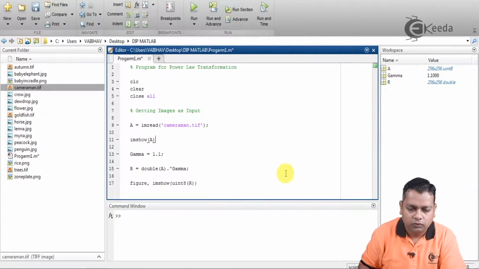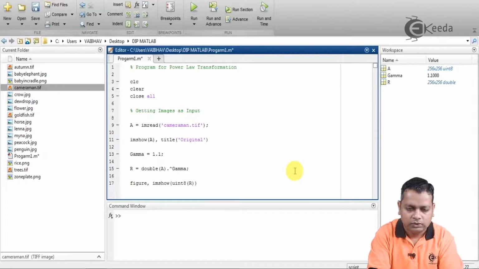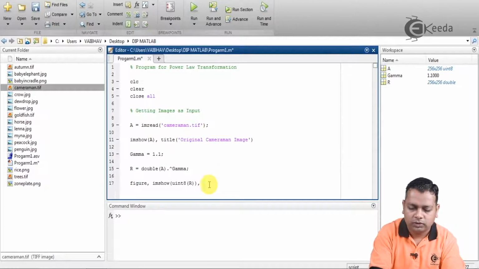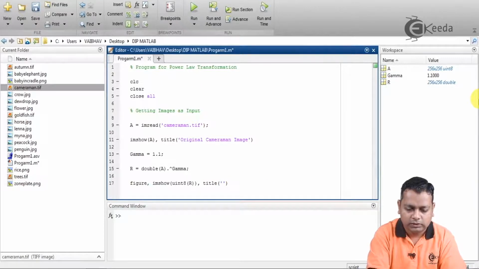Now the two windows will appear here. We can give them titles. Here the title is 'original cameraman image', whereas for the output image we can give the title within parentheses and single quotes, a string of letters: 'output image after power law transformation or gamma correction'.